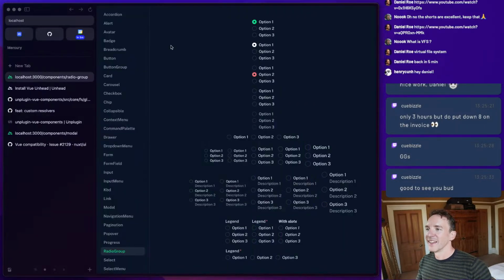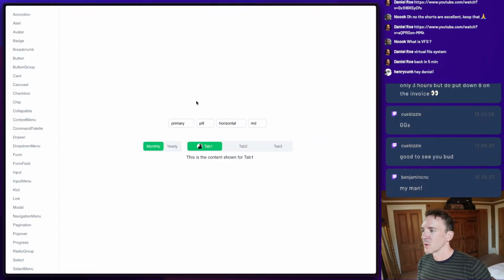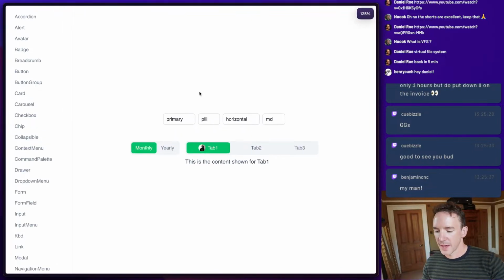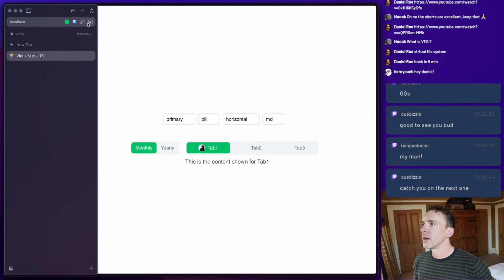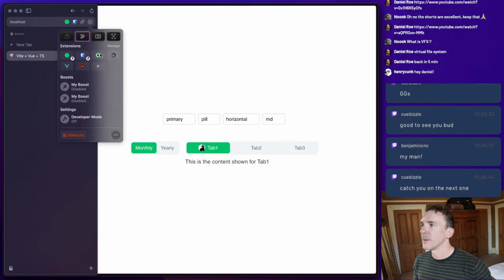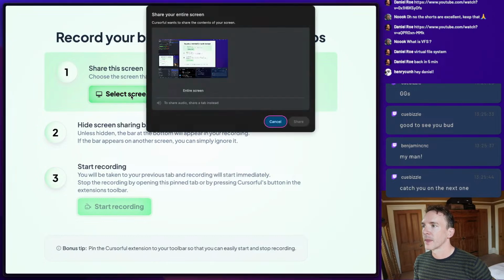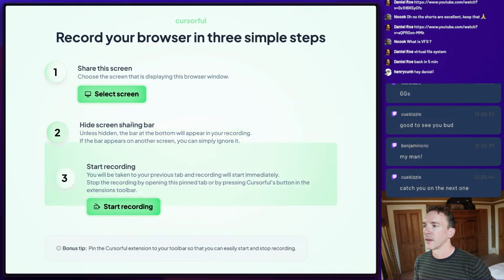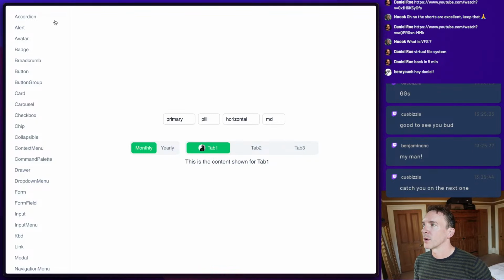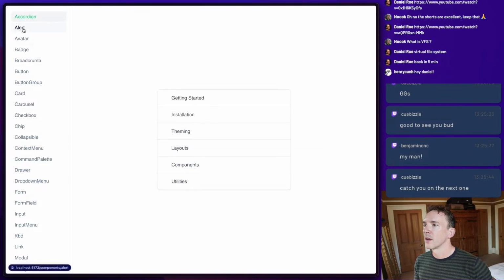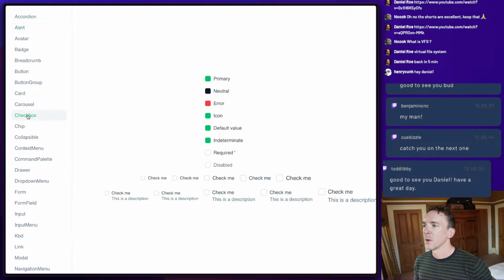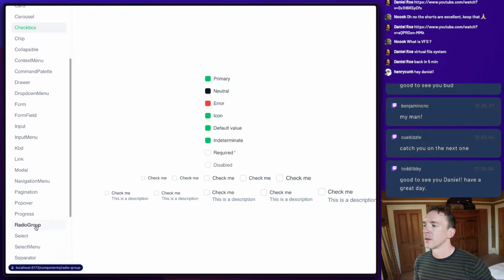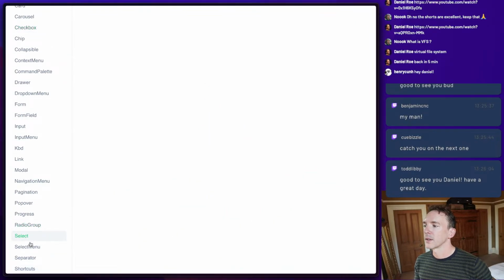Okay, right, we're going to record it, and I'm going to try using that screen full. Did you see that? It's a very cool little app. Okay, I'm going to record the screen and done. Start recording, and we're just going to say accordion, alert, checkbox, radio group, select.